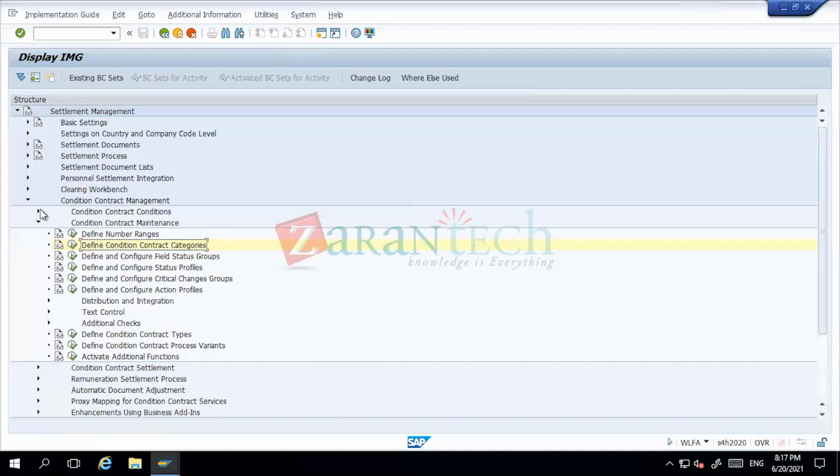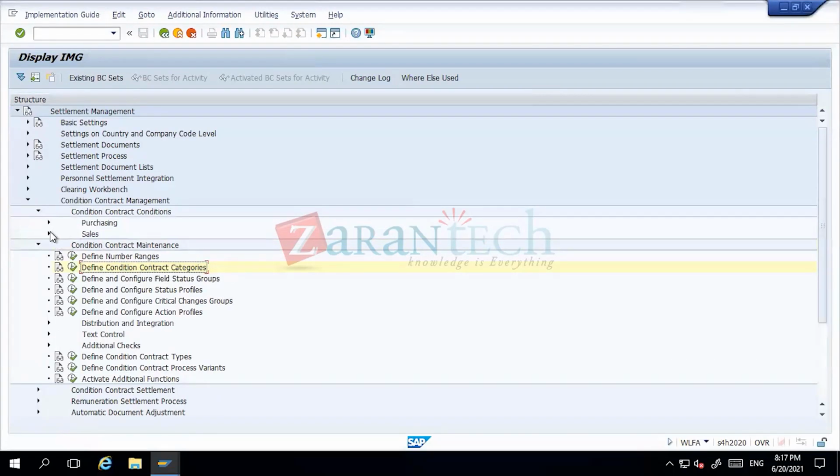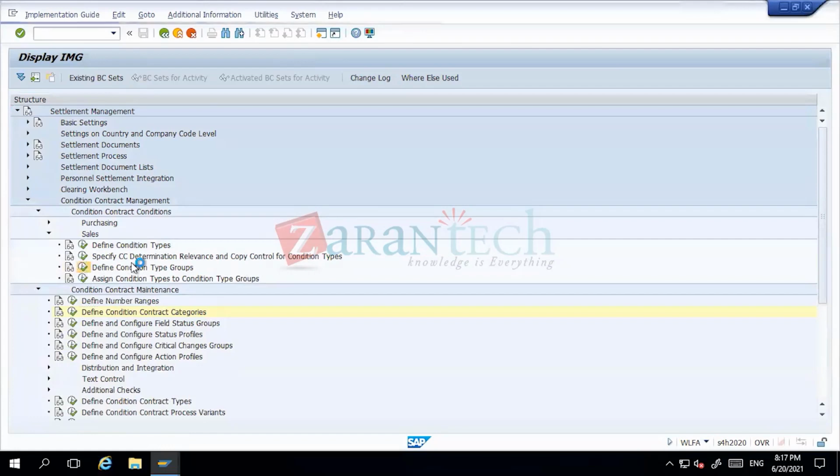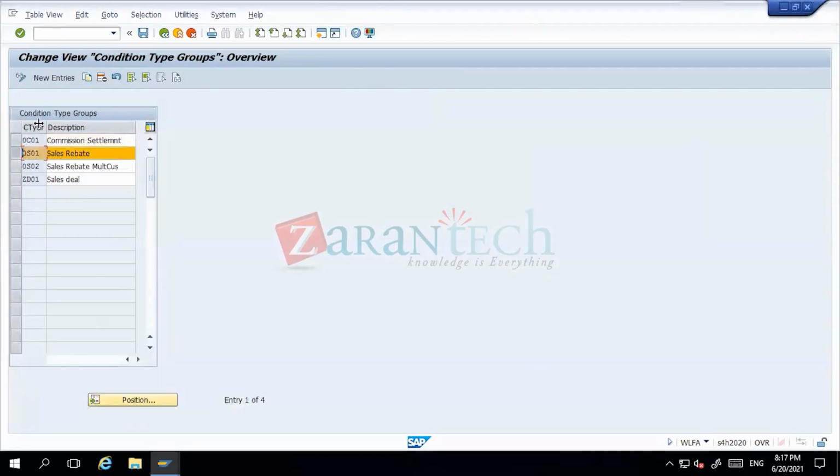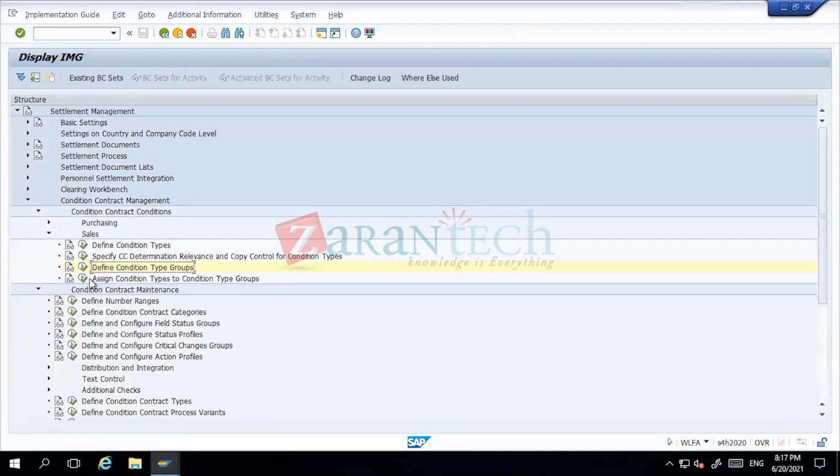In our condition contract conditions, we created condition type groups where we assign the condition type. So now I'm trying to relate these condition type groups, which are created. Now in these condition type groups, I'm assigning the condition types, right? So all these conditions, REA1, RES1, which were aligned as